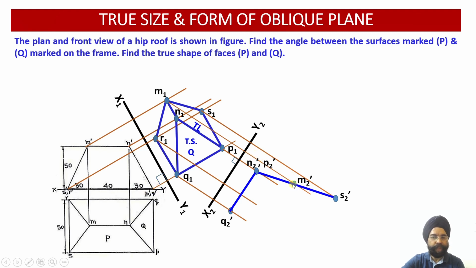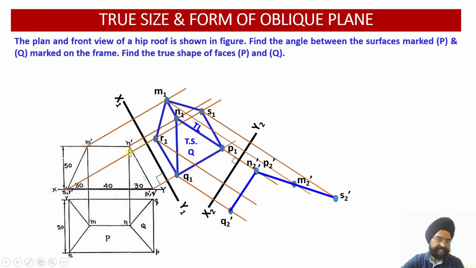Next, m2 dash. So what is the distance of m dash over here from the intermediate auxiliary plane? I'll pick up my divider, mark this distance using the divider, and put this distance onto the locus line of m. Just see, this is the locus line of m. So from here I'll mark this distance as m2 dash. Why? Because this distance was m dash in the previous elevation which I had drawn. So from the intermediate elevation view, I have to measure this distance. And finally r dash and s dash.